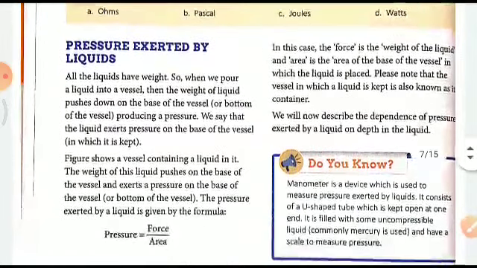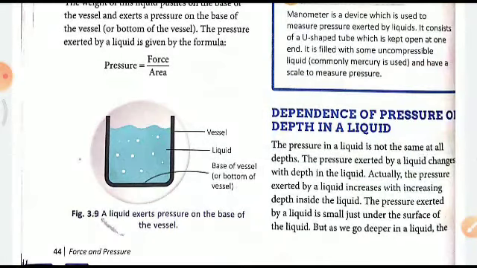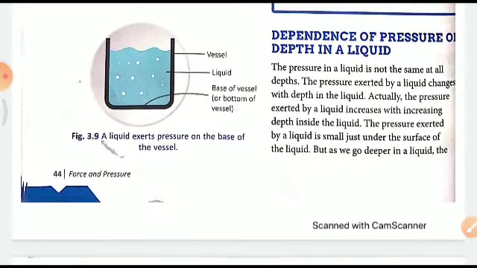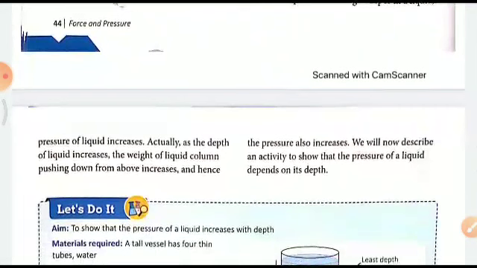So we will see the dependence of pressure on the depth of a liquid. The pressure in a liquid is not the same at all depths. The pressure exerted by a liquid increases with increasing depth inside the liquid. It is small just under the surface of the liquid, but as we go deeper into the liquid, the pressure increases. As the depth increases, the weight of the liquid column pushing down increases, and hence the pressure also increases. So let us stop here,